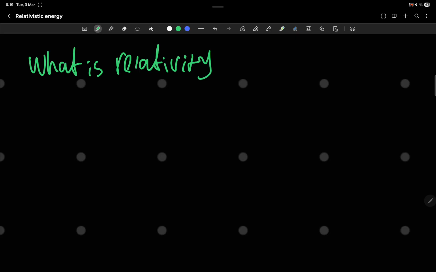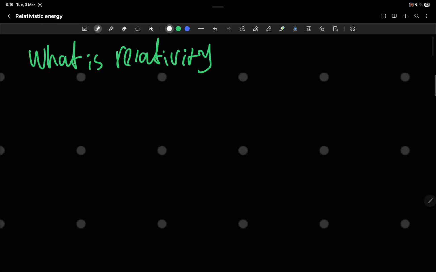So I'm gonna break the video down into a few parts. First of all, you have to understand what relativity is before you can actually apply it to energy. One of the most common ways you might see relativity explained, especially time dilation, is to imagine you have a clock that would tick by sending a light pulse straight from here